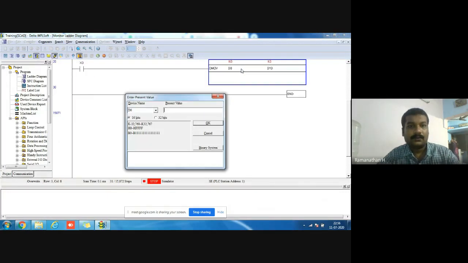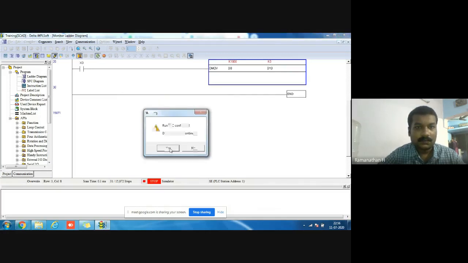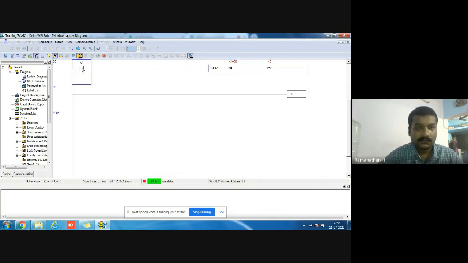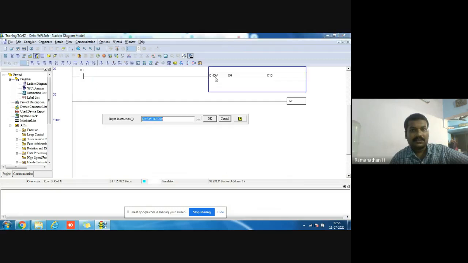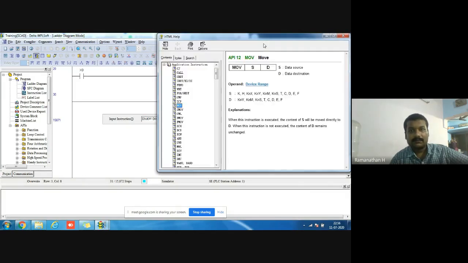And I give the value 8,000 and I change to run mode. Trigger it. This value moves: the source value moves to the destination. This detail will be in the help: just double click the instruction and the help will come up. The explanation of source and destination will be there.